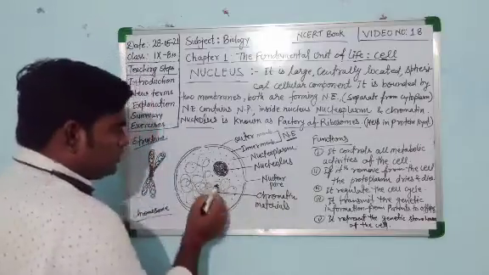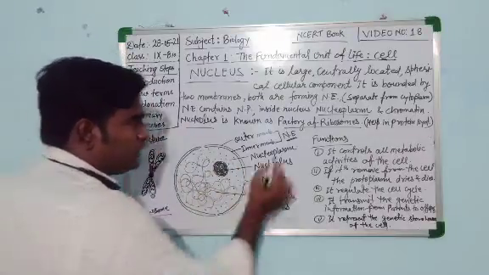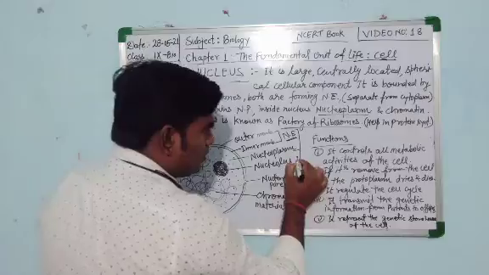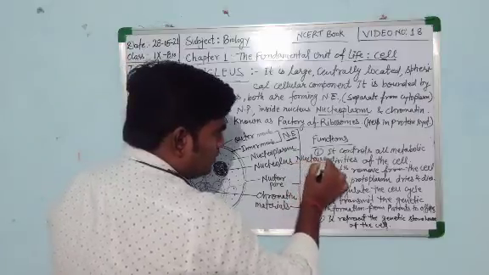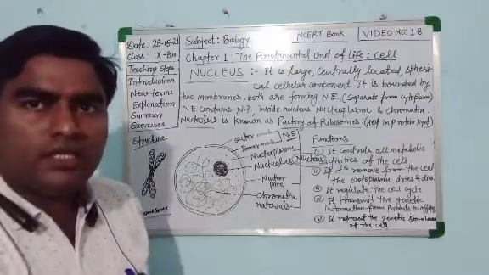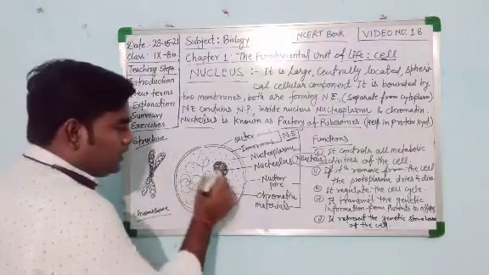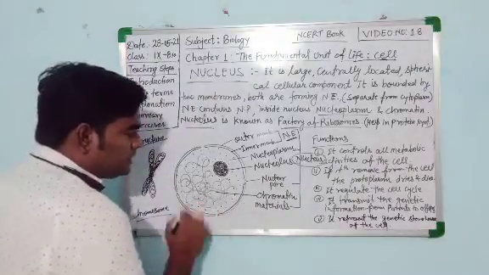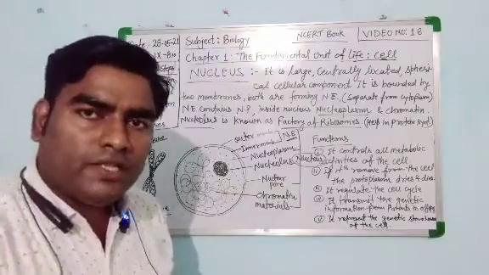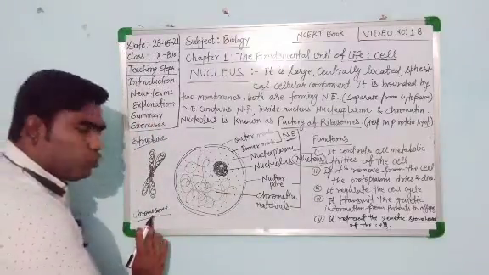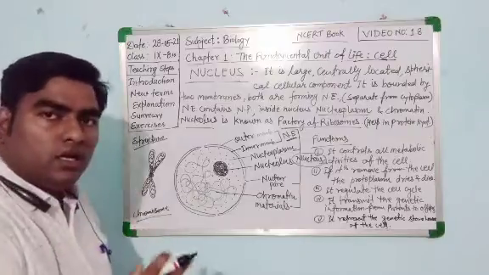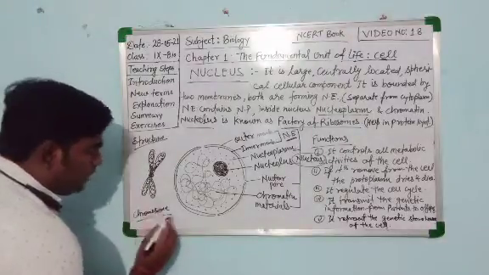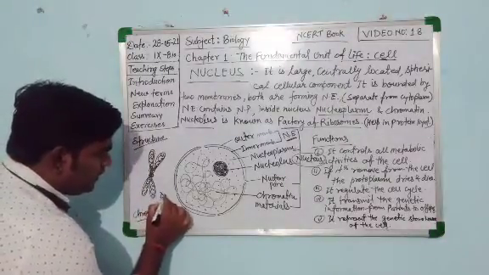So this is the complete labeling of nucleus, and all these labeled figures are collectively known as nucleus. Okay, इन सभी स्ट्रक्चर को एक साथ न्यूक्लियस कहते हैं. So this is the detailed study and complete structure of nucleus. In the chromatin material, when cell division occurs, it becomes condensed and forms the structure of chromosome. Okay, chromosomes are the colored bodies. They are responsible for hereditary information and carry the DNA.